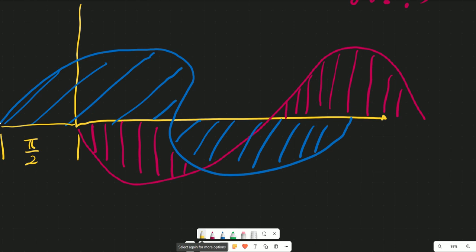This is according to my theory, so I call my theory